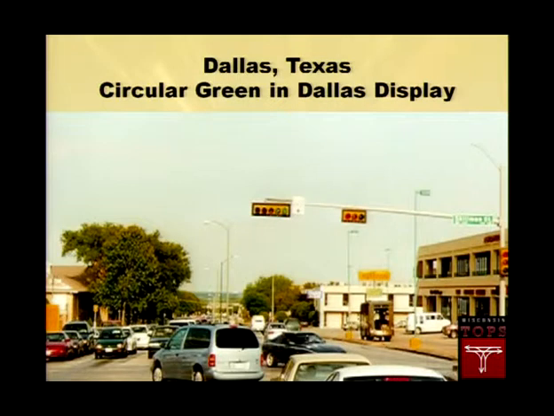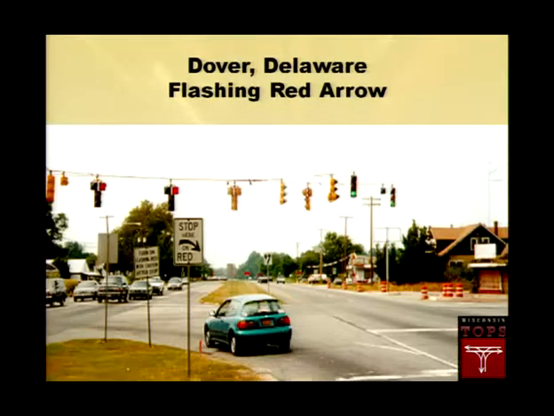But something they called the Dallas display and Dallas phasing were issues that went along with this protective permissive left turn application. So we looked at this type of signal display. This is out in Dover, so they had the T-type indication. And again, with all due respect to my friends from Delaware, when you need 1, 2, 3, 4, maybe 5 supplemental signs to explain what you want the drivers to do, you may want to go back to the office and think about that a little bit. But nevertheless, that's what they had.